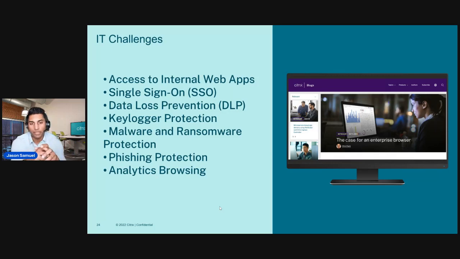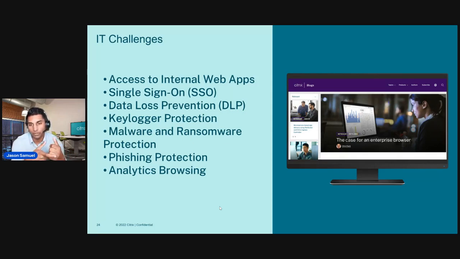But that's not the best way to publish things, especially when you look at features of a CASB or any of the other types of services out there. I'm not going to mention all the names, but a lot of them offer services that Citrix traditionally has always had, and then we also have a lot of capability that most people don't realize that we have. So Chris actually goes into this a little bit deeper on why you really need an enterprise browser.